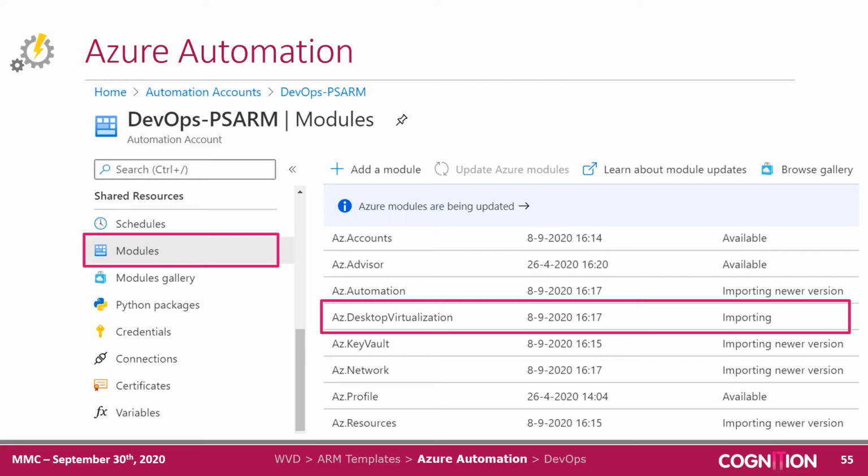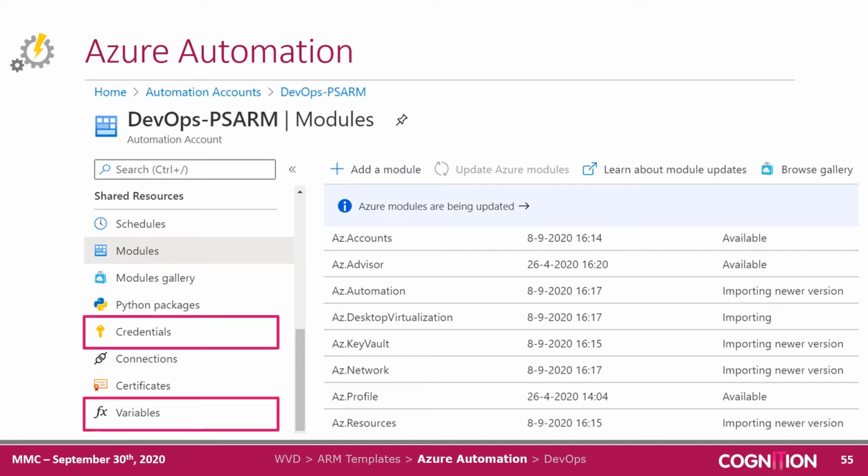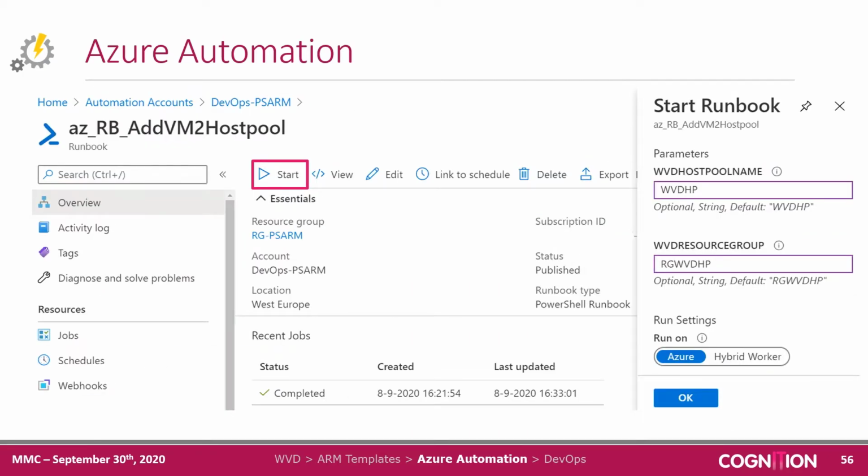It's already pre-configured in my automation account, as well as having the option to pre-configure credentials and variables. So this allows me to make some slight modifications to my PowerShell runbook for a more secure and more automated